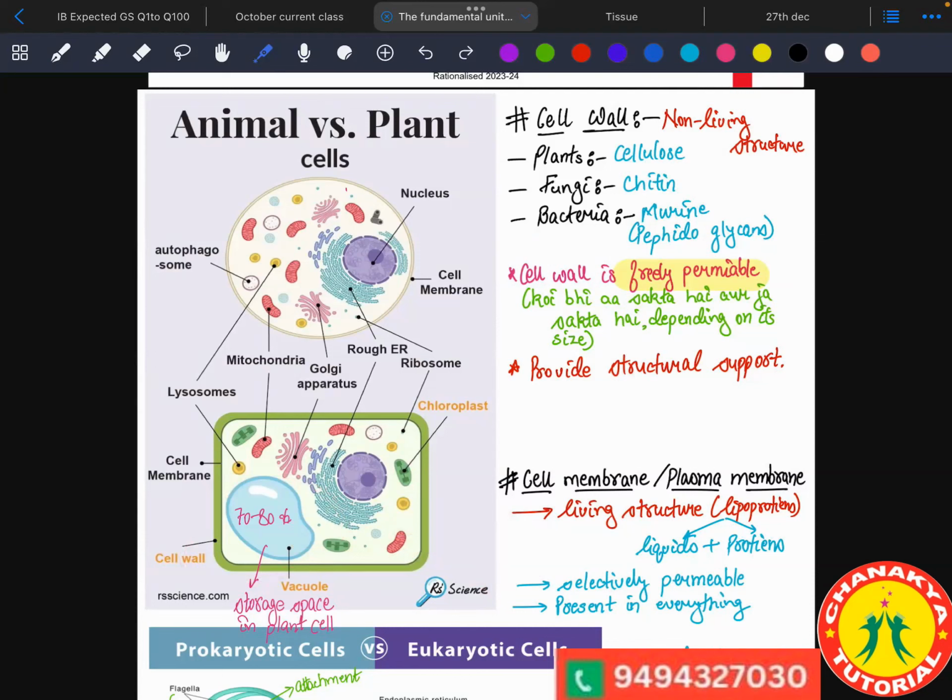Okay, so the vacuole which is present in plants occupies almost 70 to 90% of the space. Can you imagine how big a vacuole is inside a plant cell? It can occupy 70 to 90% of the space. So these large vacuoles are present in the plant cell, and the reason behind this is that animals can move from one place to another for food. They can gather the food, eat the food, and manage.